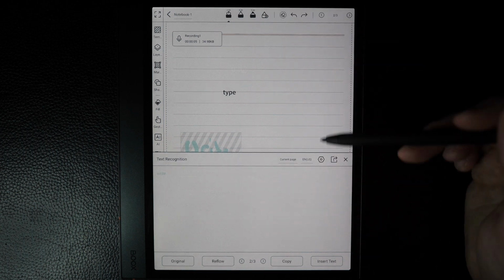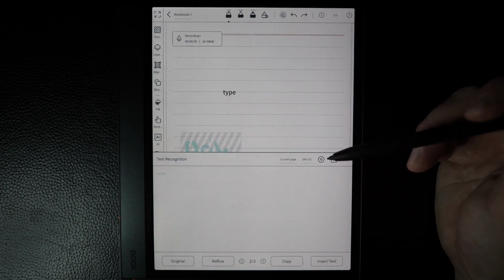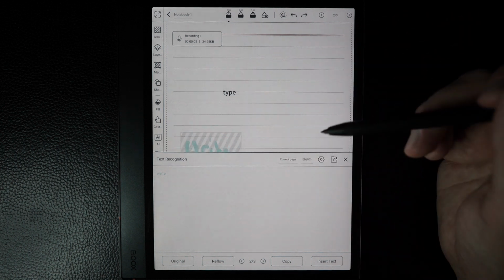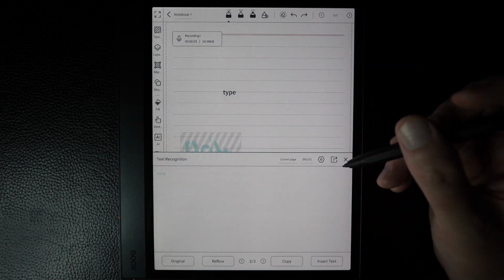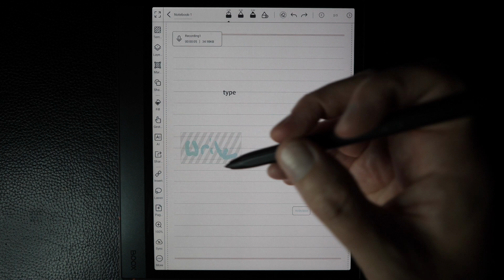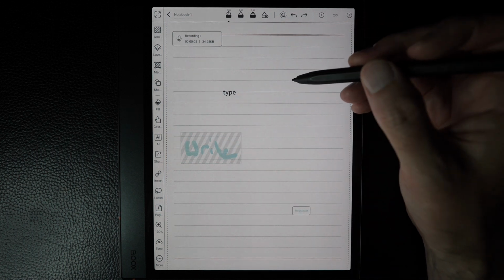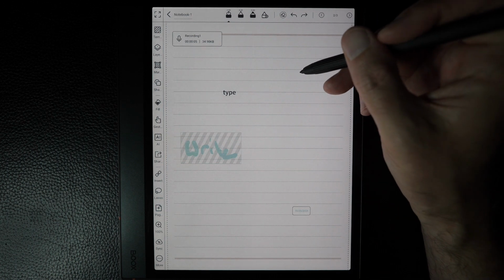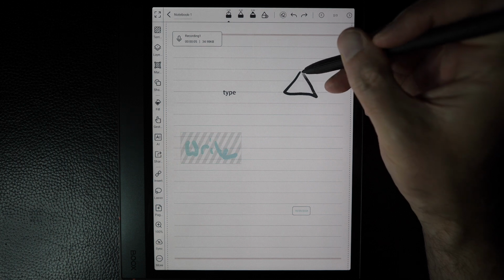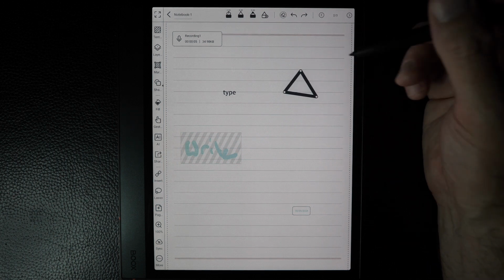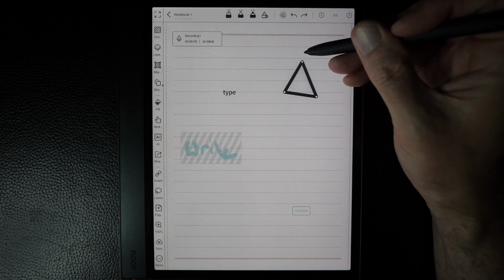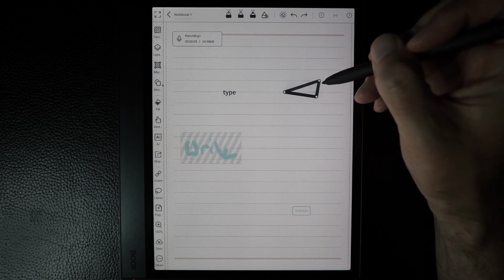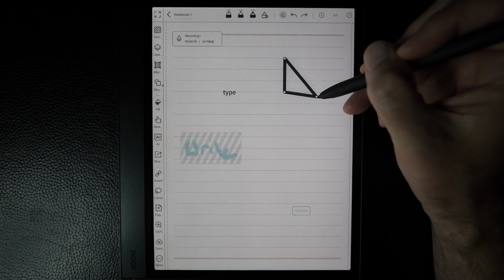But this will do it for the entire page as opposed to what we circled, which was the case with the lasso tool. But let's go ahead and play with some of these options. So we'll start with shape perfection. So I'm going to draw a triangle and hold it. And you can see that it becomes this triangle, and I can actually play with